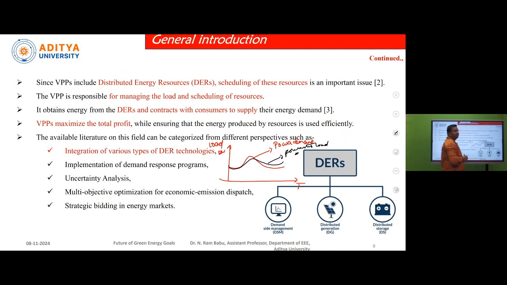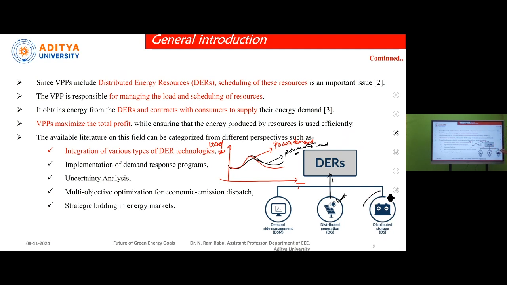Forecasted load means we will be forecasting this load based upon the seasons, times and intervals. That means we will be forecasting this load one day ahead. Our motive is we should generate the energy in such a way that the power demand curve should almost meet the forecasted load. And the next one is distributed power generation. In distributed power generation, there will be solar panels, diesel generators, and with all these generating sources we will be generating the energy and interconnecting with these DERs.